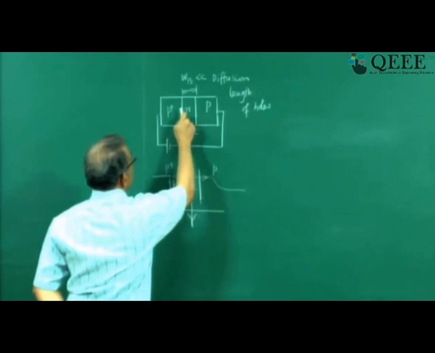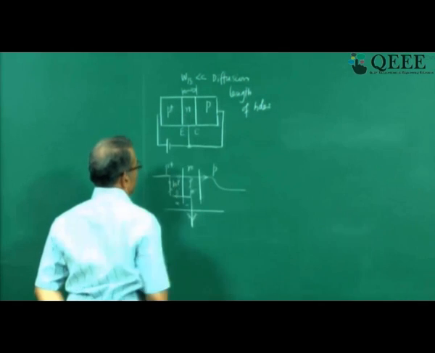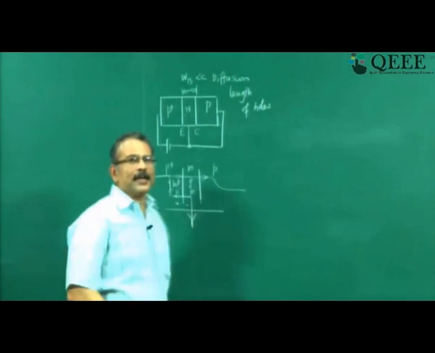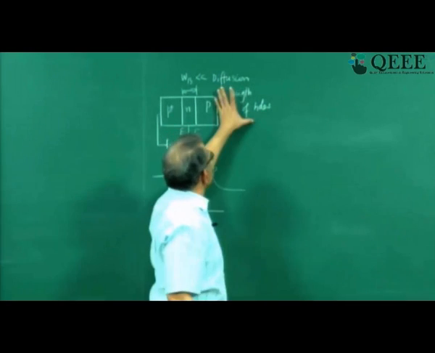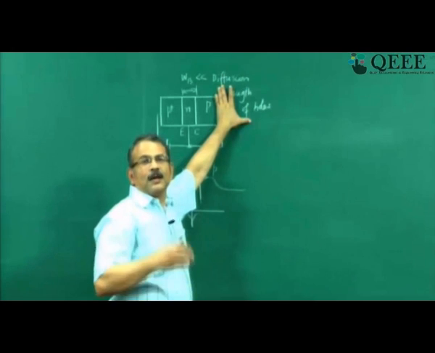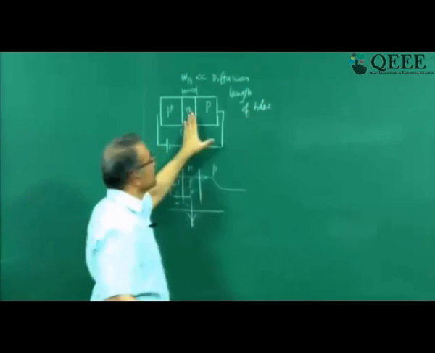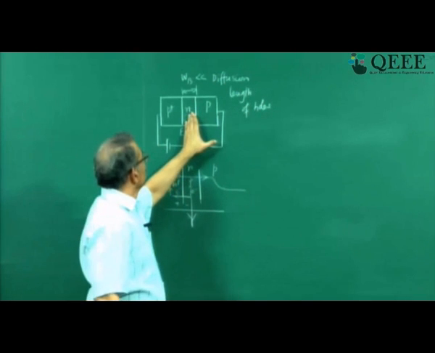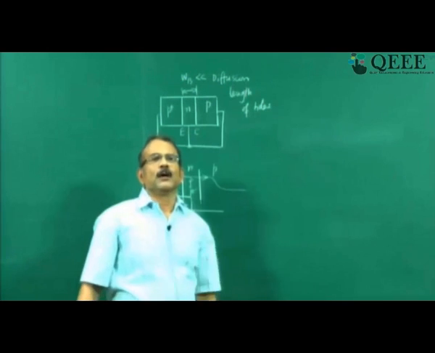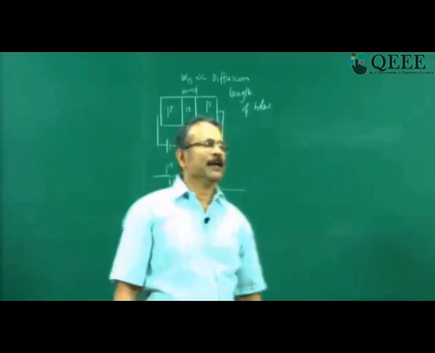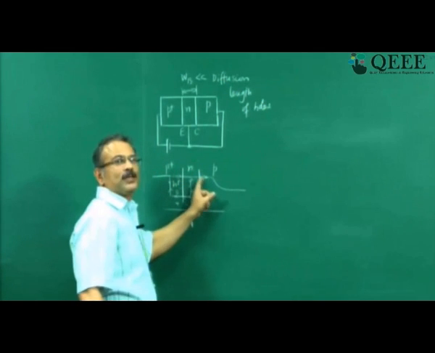So the P region is injecting holes into the N region and these holes are diffusing while recombining. To what distance do the holes diffuse before recombining? That distance is called diffusion length, the distance to which the holes move in the N region before they recombine. So if you keep the width of this region much less than the diffusion length, most of them will not recombine, and therefore most of them will remain and they will cross over into this region.